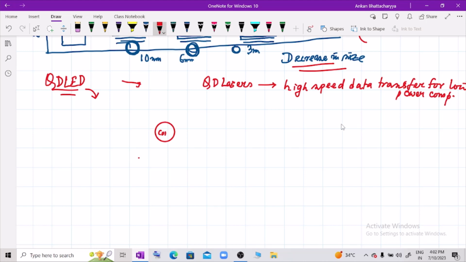This is the core. The next layer is the shell, and the last layer is